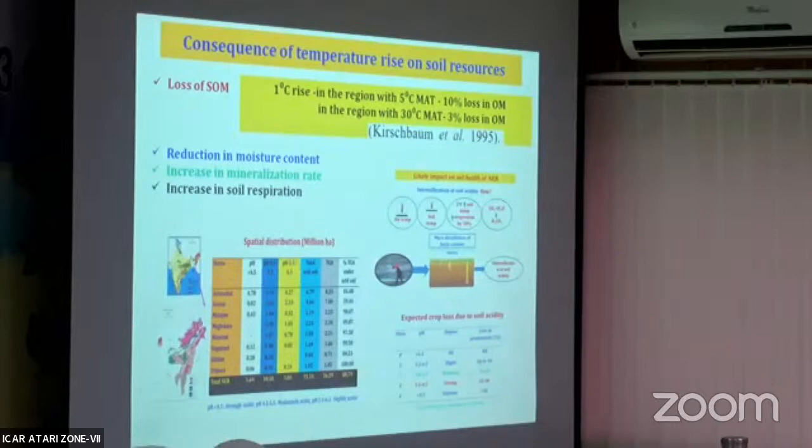So when the rain comes, calcium and magnesium will be washed away, and the intensity of acidity will increase in our soil. Our soils are already acidic, so there is a very strong intensification of soil acidity nowadays. This is a matter of concern. You can see that out of 26 billion hectares, about 1 billion hectares is acidic soil, almost 80%. Under pH 4.5 to 5.8, there are 10 million hectares, and in this range the productivity loss is 10 to 25%. If it comes below 3.5, the loss will be 25 to 50%. So that is a matter of concern.